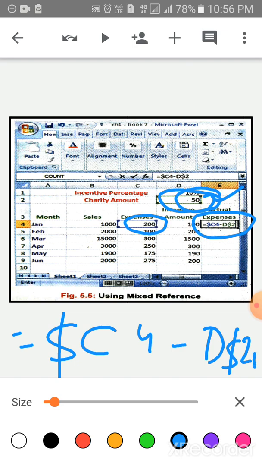Okay, and then lastly press enter. Okay, the result will come. Okay children, you always remember whenever you are writing the formula, it also appears in the formula bar.